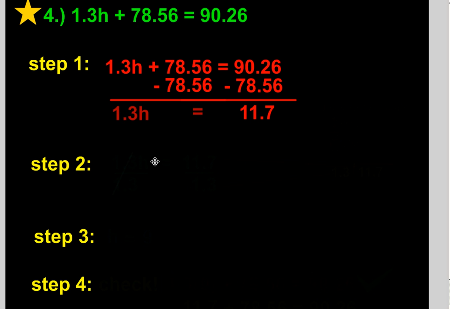Taking the information we now have, we rewrite the next step, and we want to remove the h and the 1.3. We want the 1.3 to leave that, so the h is by itself over here. So in order to do that, we are going to divide by 1.3, which cancels them out, and if we do it to this side of the equation, we have to do it to this side. Now at this point you're going to have to divide these two numbers, which I'm not going to show you how to do, but if you're having some trouble remembering how to set this up,